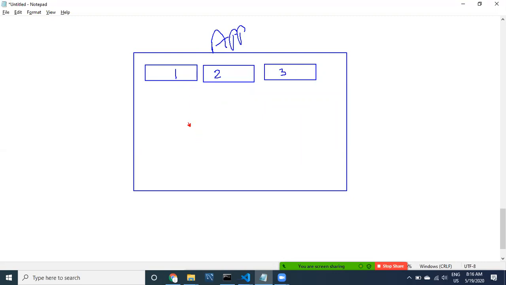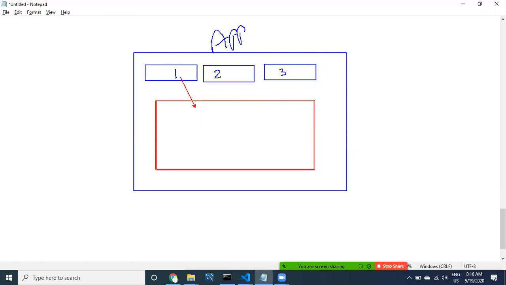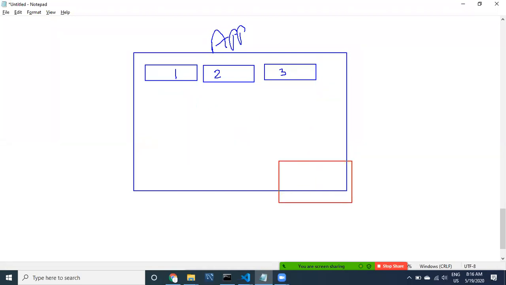Coming to here, whenever you click on this particular one, this one's related component has to display in this place. This place can be called the router outlet. You can define where you want to display, wherever you really want to display. Even you can provide this place in the corner, and if you click on this one, you can display this particular part. That depends on your design.